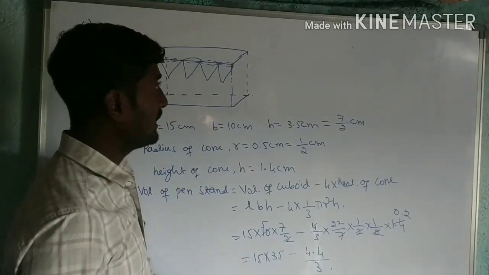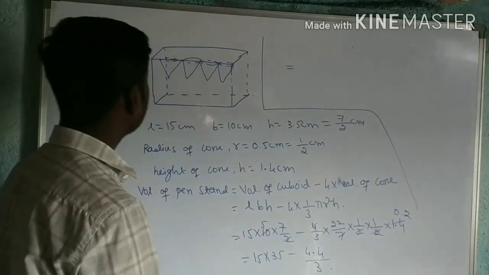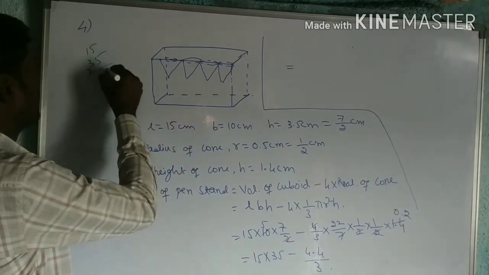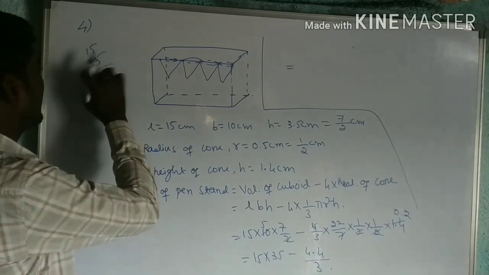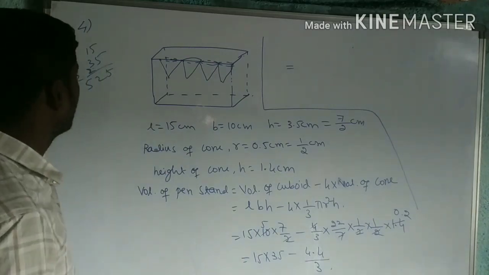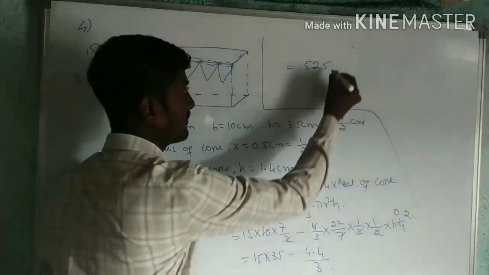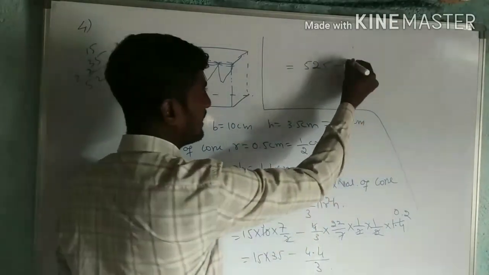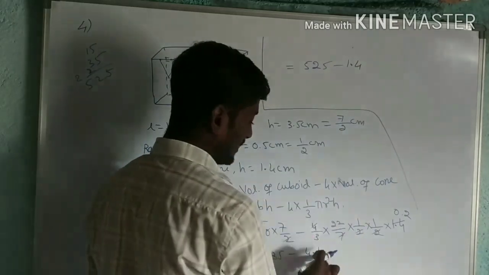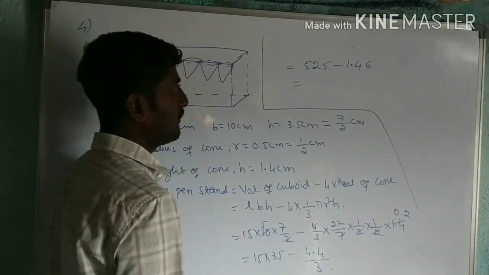Now 15 into 35 we have to multiply. Let us multiply it. 5 fives are 25, 5 threes are 15, 20, 22, 3 plus 2 is 5, so that is 525. So 15 into 35 is 525, minus. Now divide it. 3 ones are 3, the point carries 1, 14. 3 fours are 12, 2 remains. Now this is equal to 525 minus